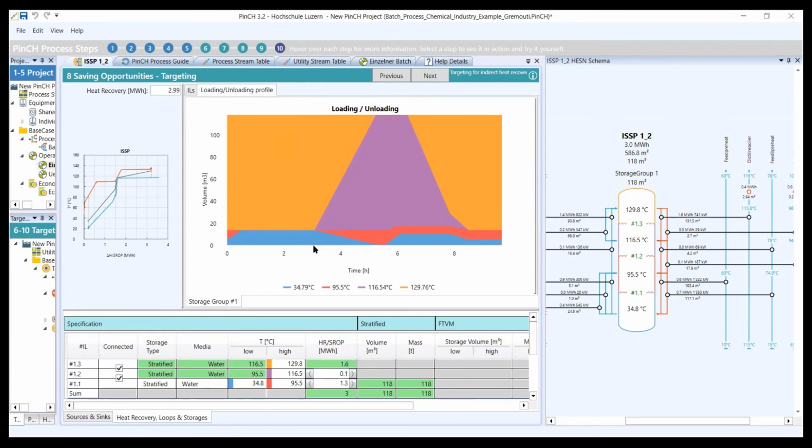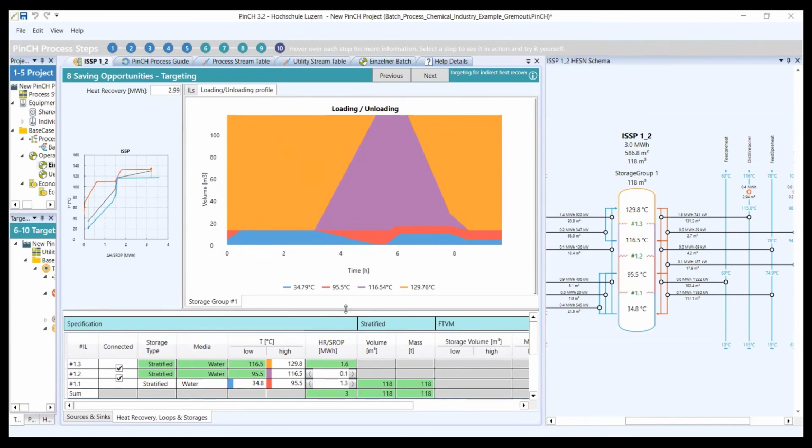So we're bringing the time-dependent behavior into the calculation to allow us to determine what's called a loading and unloading profile. And this loading unloading profile is in principle an idealized thermal Klein profile, which allows us to determine at what point the maximum volume for this stratified tank will be required